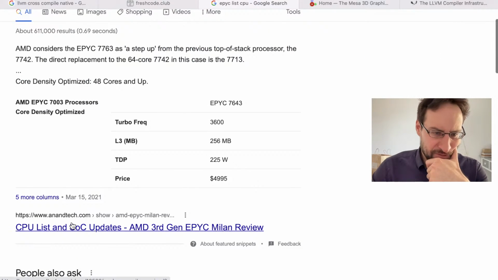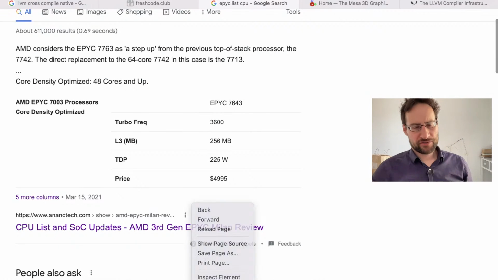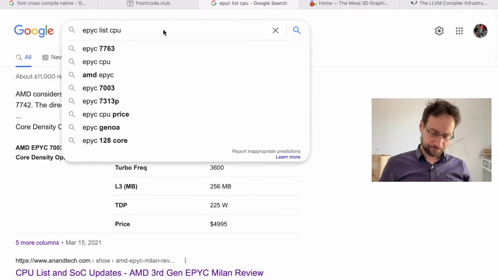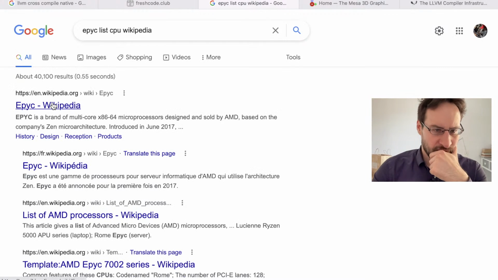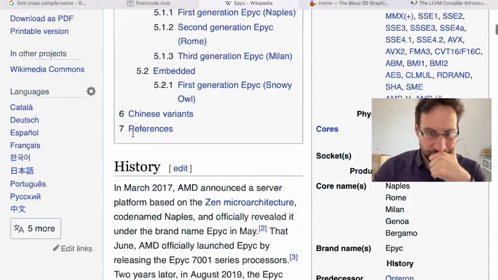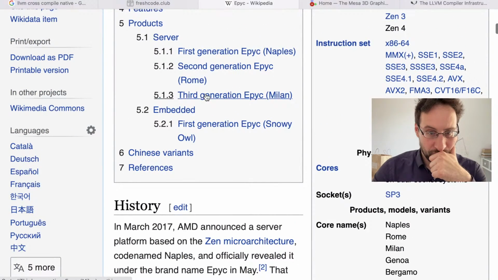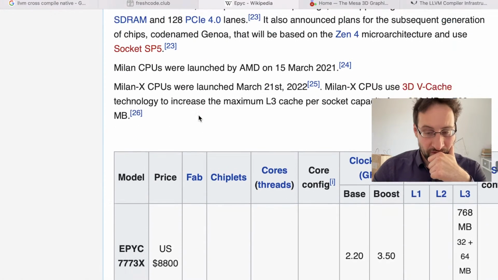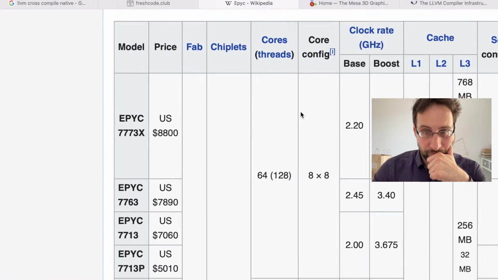So the thing with Epic, I mean, not only do you not get the latest Threadripper right now. Why is this so zoomed?